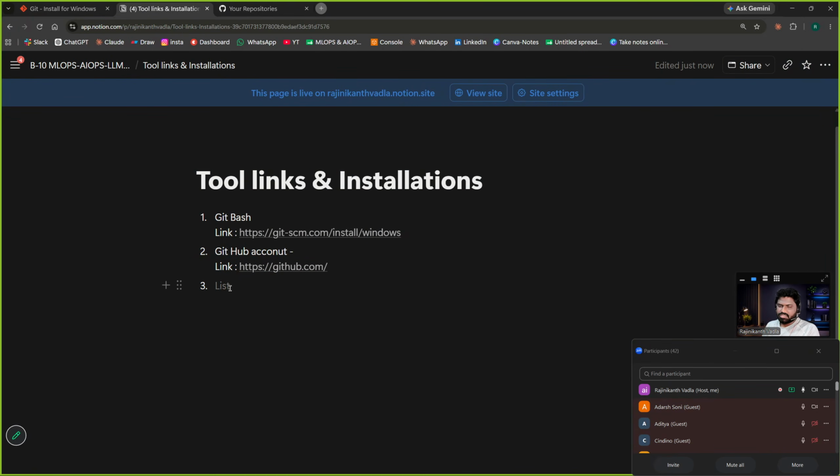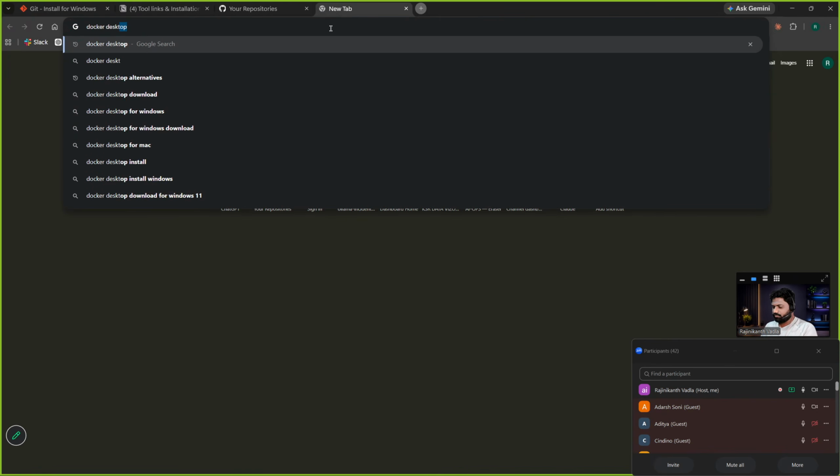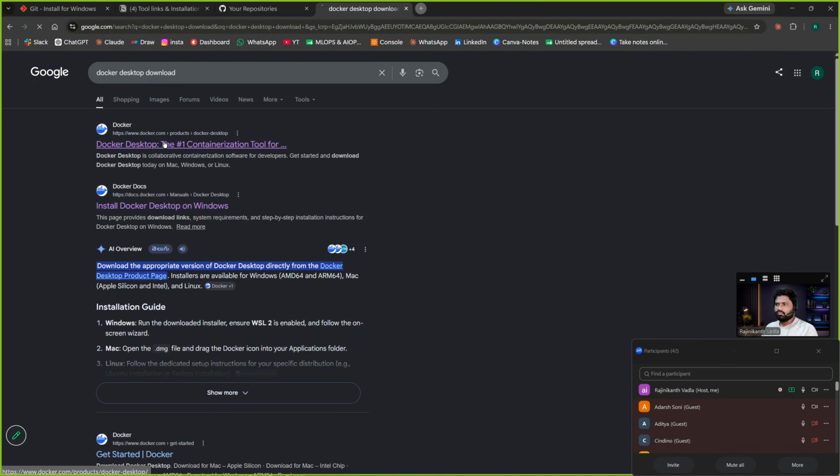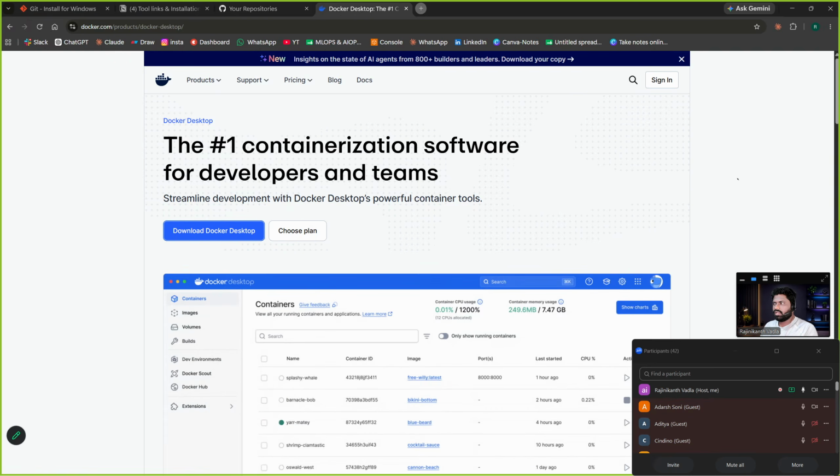And you must install Docker desktop on your system. Please go to Docker desktop, download it, click on this, download it and install it on your system.